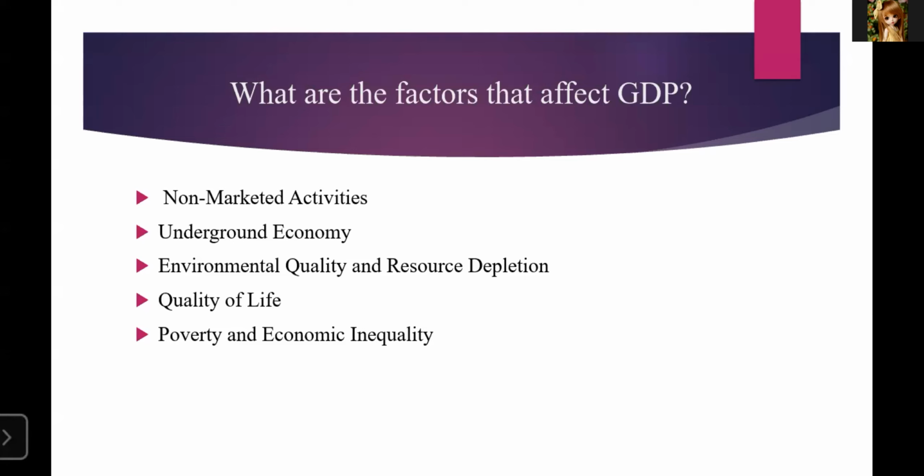Next one, poverty and economic inequality. The link between population, GDP, and poverty could occur in two directions. The first, which is widely accepted by social scientists, is that as GDP per capita improves and the poverty rate falls, population growth diminishes as well. Moreover, GDP measures the total quantity of goods and services produced and sold in an economy, but it conveys no information about who enjoys those goods and services. Two countries may have identical GDPs but differ markedly in the distribution of economic welfare across the population.